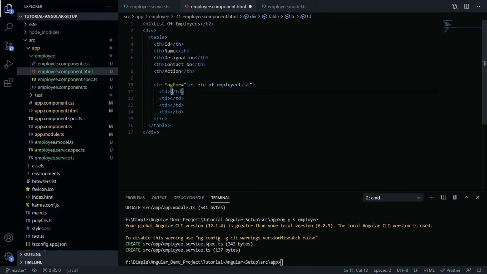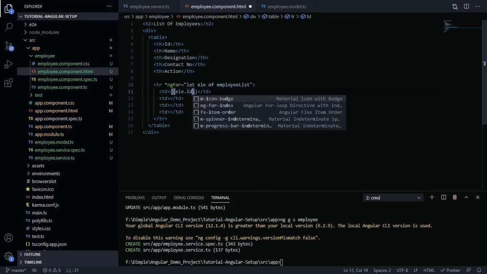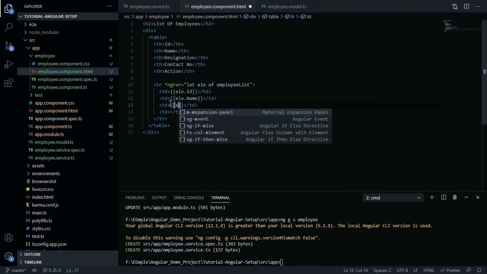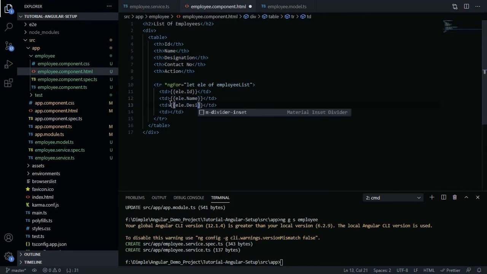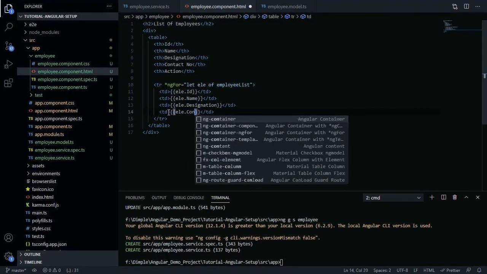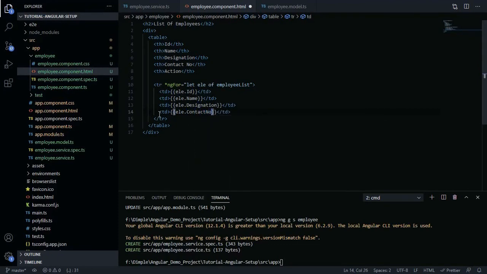Okay, then element dot id, element dot name, element dot designation, element dot contact number, and one more we created is a button.